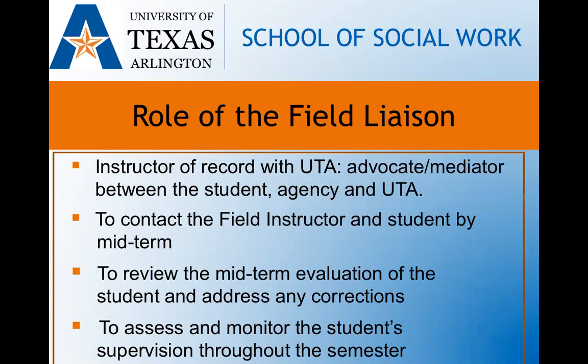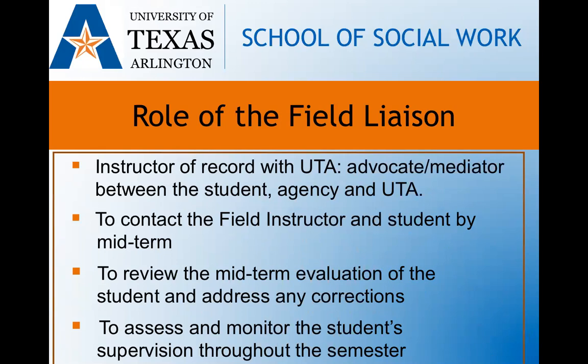The field liaison is an important person within the field process. This is the person who is the instructor of record with UTA. And this is the person ultimately who is responsible for your grade in field, both semesters of enrollment. They serve as the go-to person for you in terms of mediating conflict, as well as reviewing midterm and final